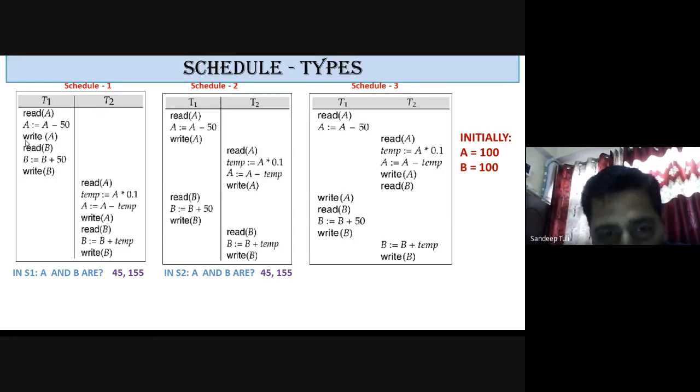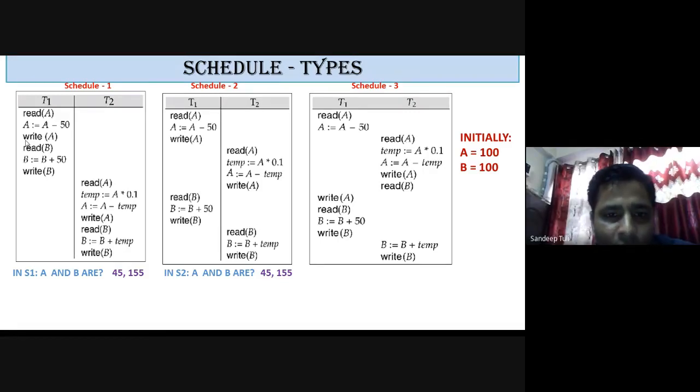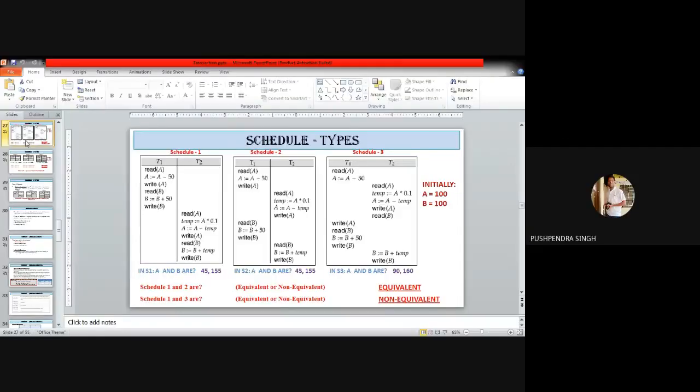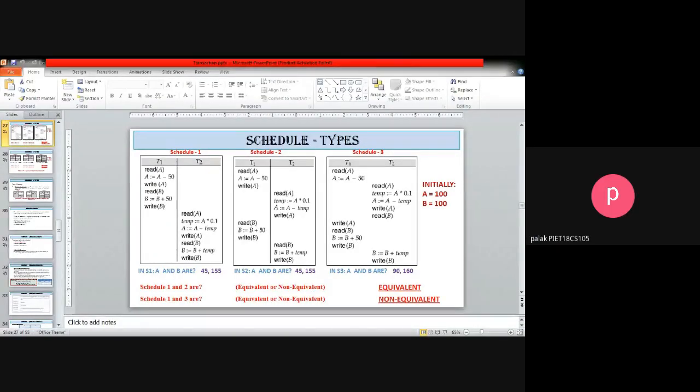सो नाउ यू विल लर्न सीरियलाइजेबिलिटी होती क्या है, ये भी हम लर्न करने वाले हैं. नेक्स्ट स्लाइड में आने वाला है कि आप किसी सीरियल शेड्यूल को नॉन सीरियल शेड्यूल में कैसे कन्वर्ट करेंगे, सॉरी उल्टा बोल दिया मैंने. दैट इज नोन एज सीरियलाइजेबिलिटी. दैट वी विल लर्न नेक्स्ट इन नेक्स्ट लेक्चर एक्चुअली. S1 will be given to you. Now you will be able to get S2. कैसे होगा ये आपको समझ में आएगा.